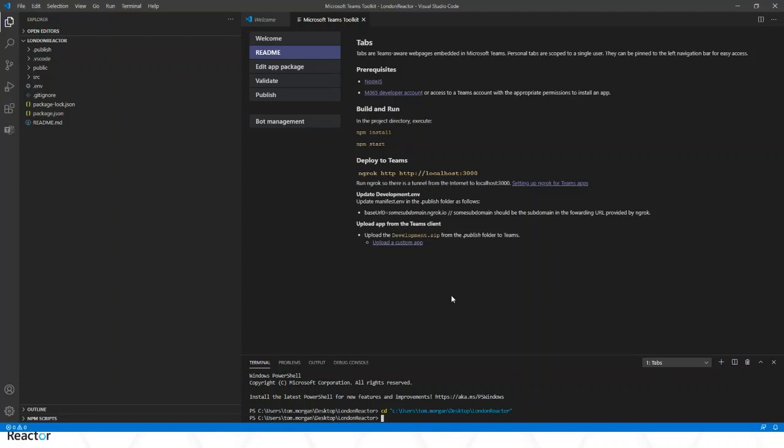Previous to this, you'd need to go and read a bunch of blog posts about how to do local build and deploying to Teams, how you use ngrok to do the HTTP tunneling, because Teams has to have a public HTTP address, and you can absolutely go and read up on all of that stuff. But if you're just trying to get started, this is a really nice way of saying, okay, just follow these instructions, everything's been set up.